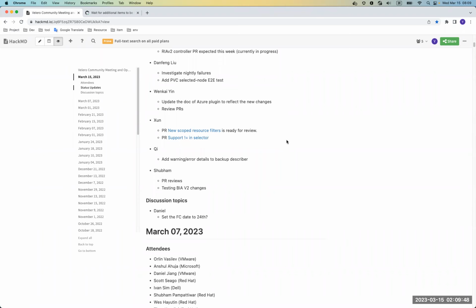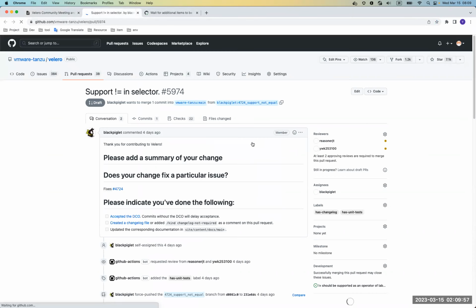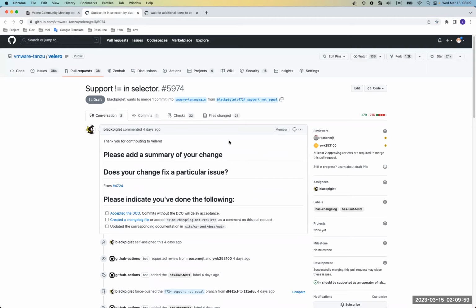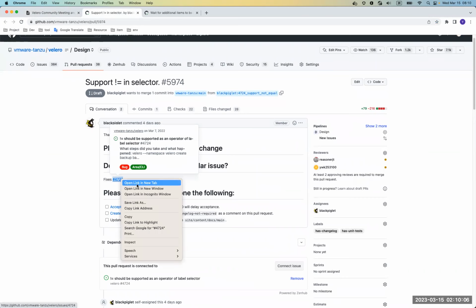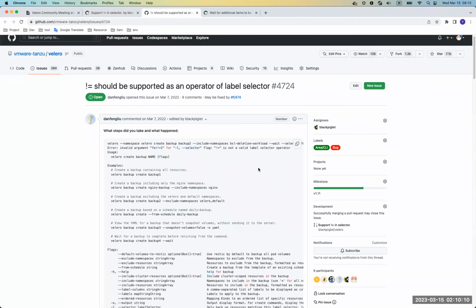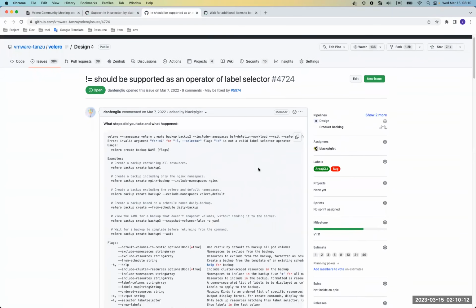And the second one is the support not equal in the selector PR. This one I missed some problem when resolving the issue. The original issue is the backup and restore command line has a selector parameter, and it doesn't support the not equal operator for labels.